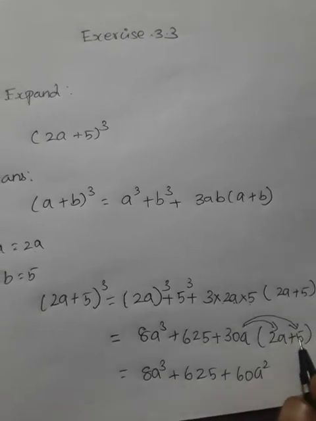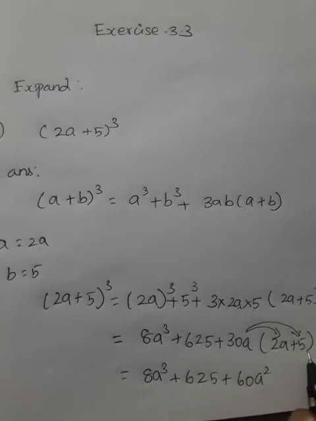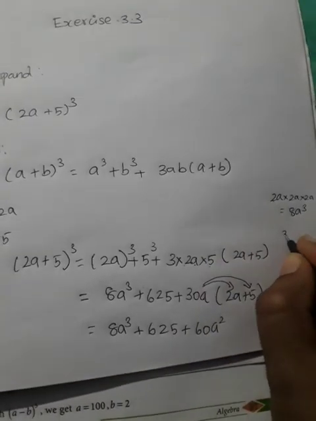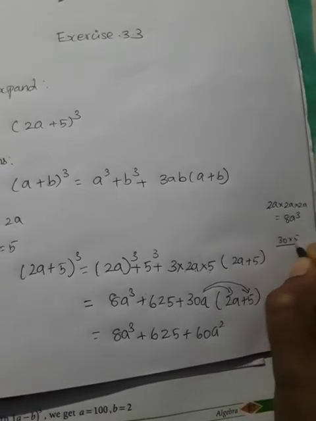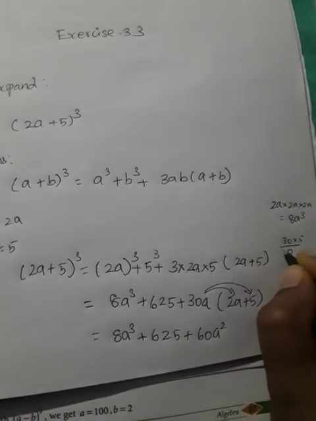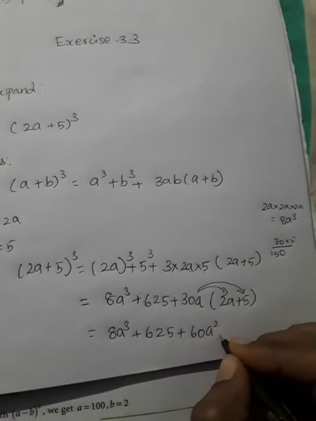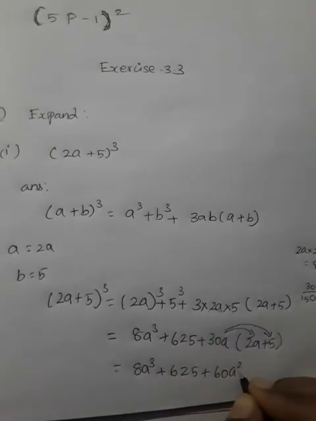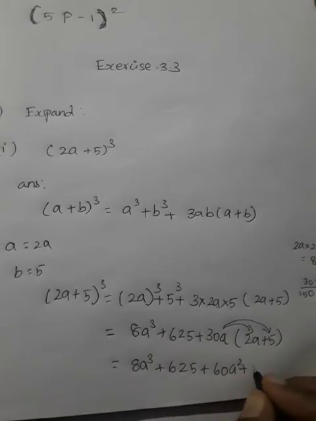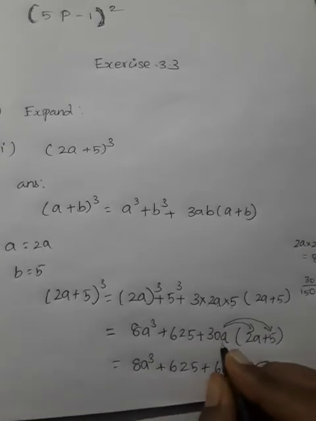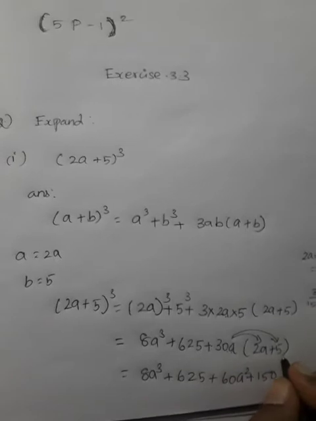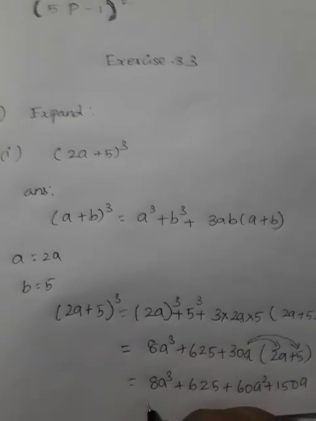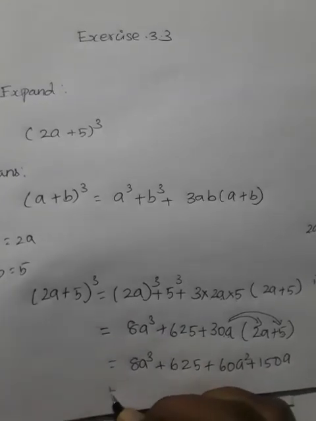So term 1 over. Next let us multiply term 2. 30 into 5. Let's do the rough work. 30 into 5. 5 zeros are 0. 5 3s are 15. Before that multiply the sign. Plus into plus is equal to plus. So 150. Then a, here we have a, here there is no a. So you just write only one a. Now you just write the powers in descending order.